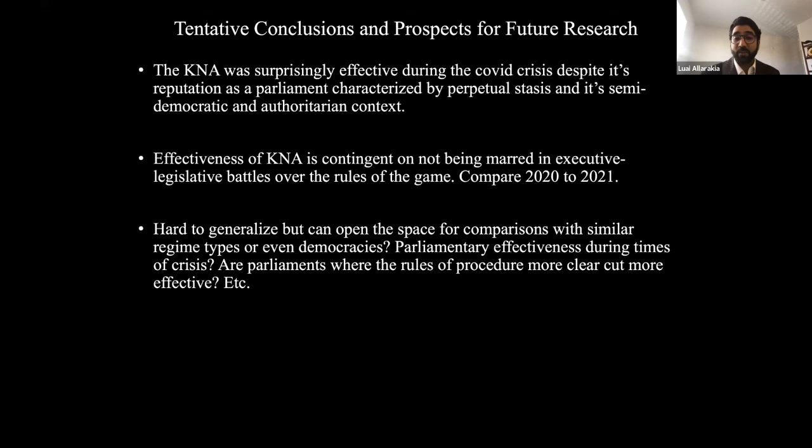We could also have a basis for comparison over parliamentary effectiveness during times of crisis. What determines this? Is it the case that parliaments where the rules of procedure are more clear-cut tend to be more effective overall during times of crisis, or overall? There are multiple questions, and I think this will be in the next iteration of the paper, and I'm